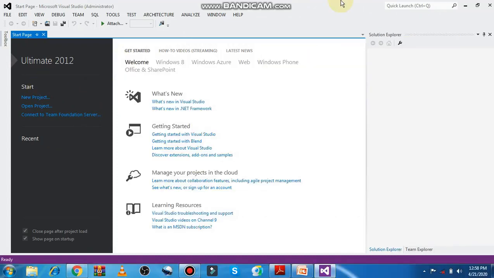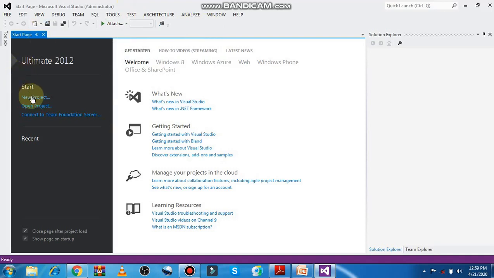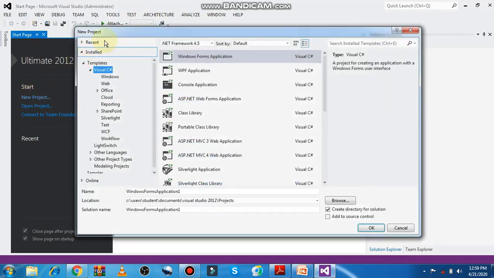In the interface, you have to learn first how to open a new project or how to write a program within C#. There is a shortcut available by clicking on New Project, or you can also go to File, within File there is New, and within New you can click on Project. There is also a keyboard shortcut, which is Control Shift and N. After using this one, clicking on the new project, a window will appear like this, New Project.